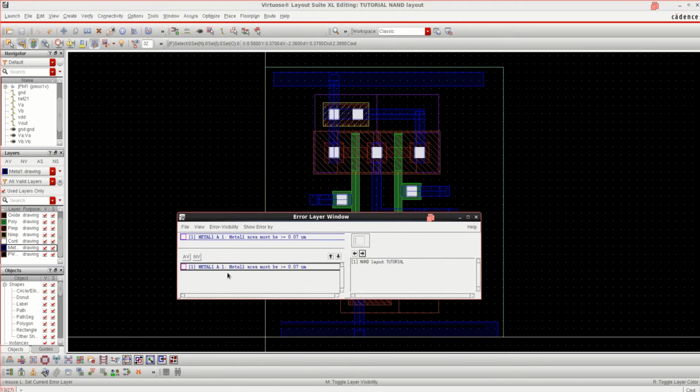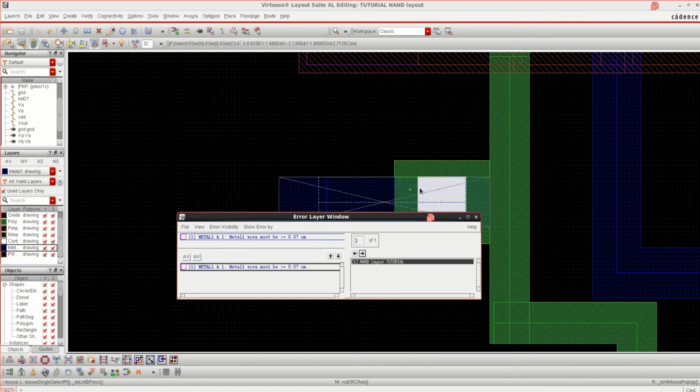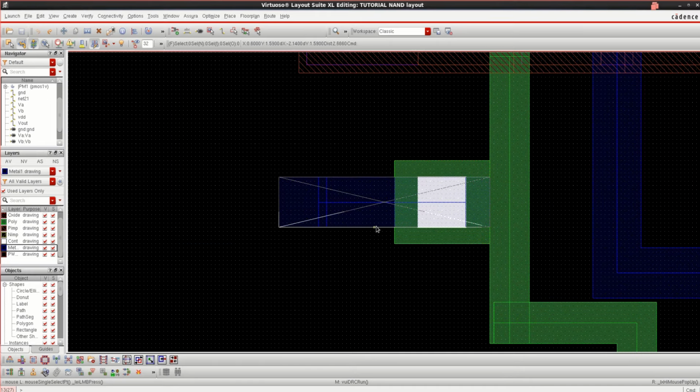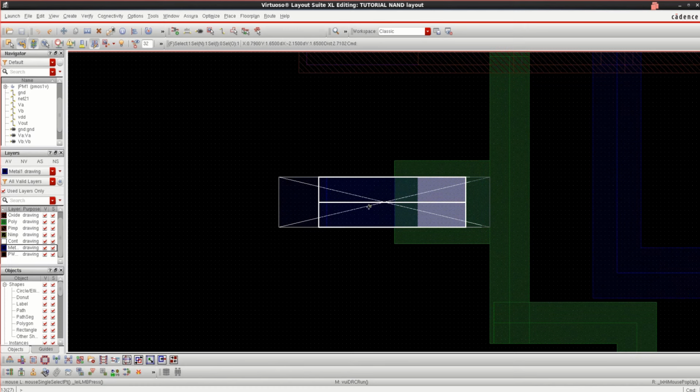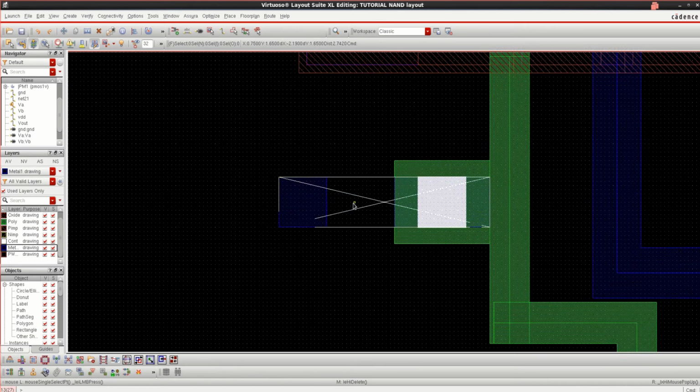It says that it has given me one warning or message, one error. Select this and click on this to view that error. It says that it is very near. So let me close this. Let me delete this part.